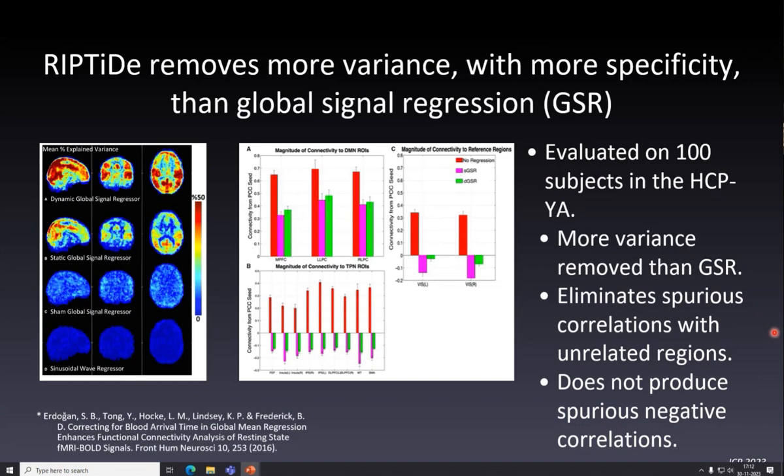So we did a study in 2016 where we looked at 100 subjects from the HCP, young adult, and we did global signal regression, which is sort of the state of the art. And we did our method, and we did no regression. What we found is that our method removed the largest amount of variance from the brain in a very spatially heterogeneous way, but it removes the noise from where it is, and far more effectively than global signal regression. The reason is the global signal is sort of a smeared version of